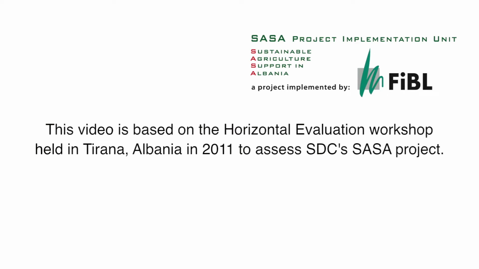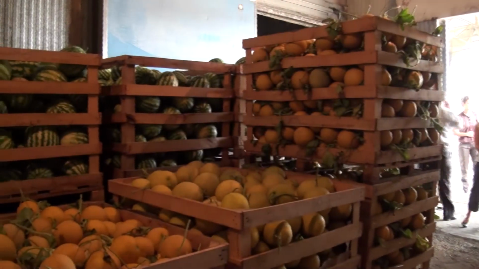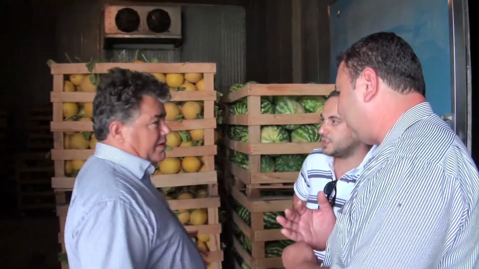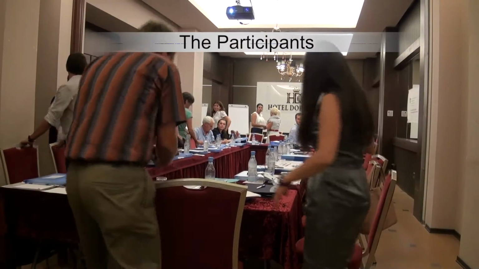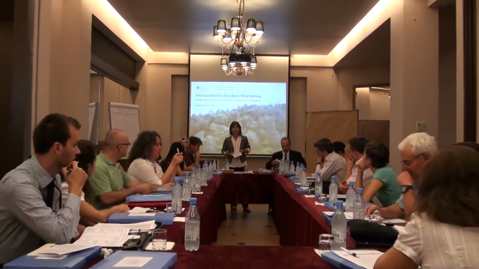The horizontal evaluation is a peer review methodology which focuses on an experience, and the experience is usually a project, a certain methodology, a process that happened, and it is clearly defined. For this peer review evaluation, internal people are involved, but also external people. External people refer to actors who also are confronted to similar situations in other countries or in other projects.